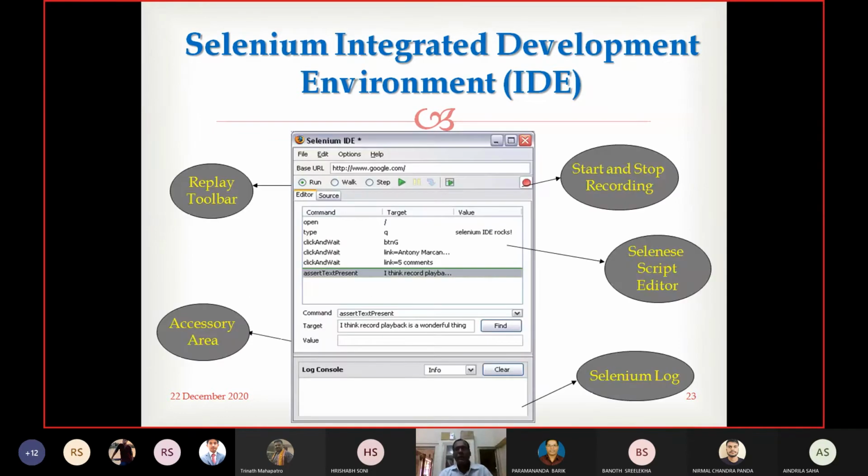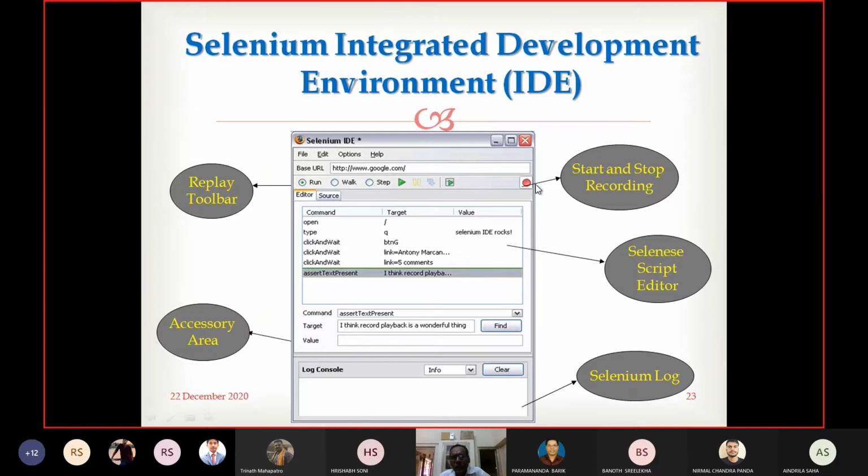So you can see just a screenshot I have shown. How will the Selenium IDE look? See, these are the options. I was saying it is a record and playback structure. It provides a record and playback mechanism. This is the pane. Here the run option is there, and as I have already told you, it's a record and playback tool. So there must be some option for starting the record and stopping the record, or start and stop the recording procedure.